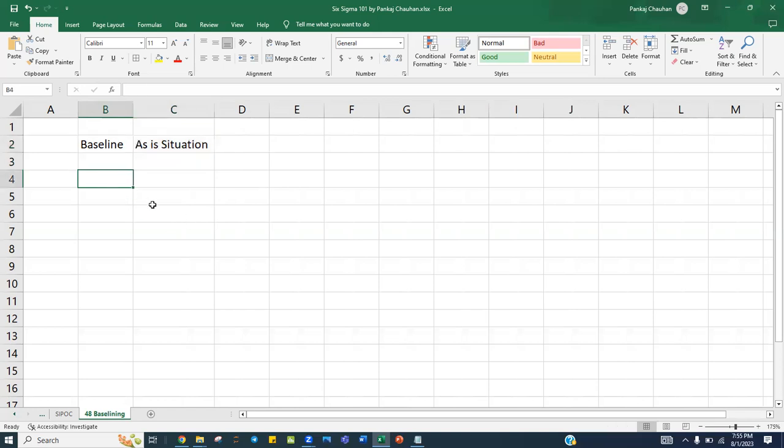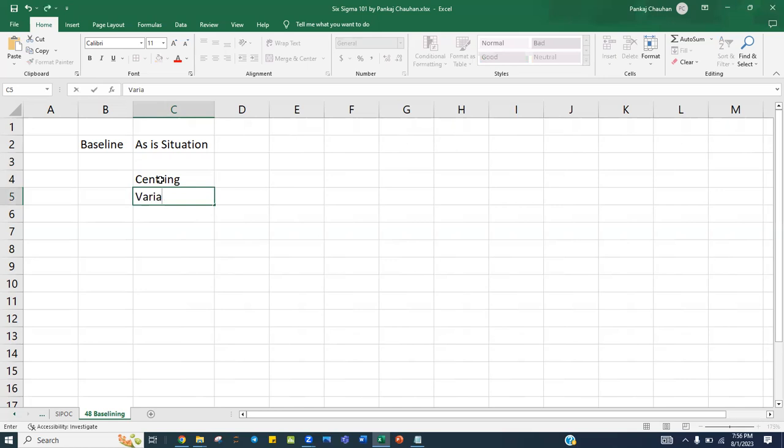So in baselining, we understand the central tendency of the data. We will be understanding the dispersion or the variation of the data. We will be looking for the confidence interval, the skewness, the kurtosis, and the normality. So these are the different measures of the data which will help you to understand the as-is picture, which we can easily analyze in Excel